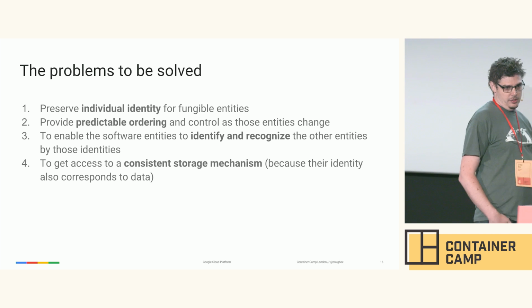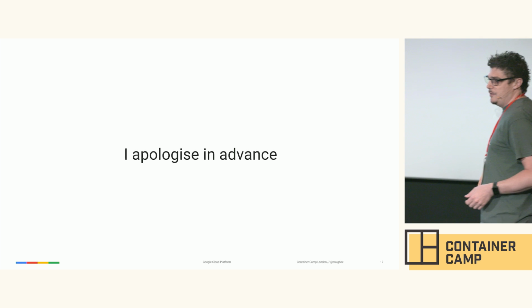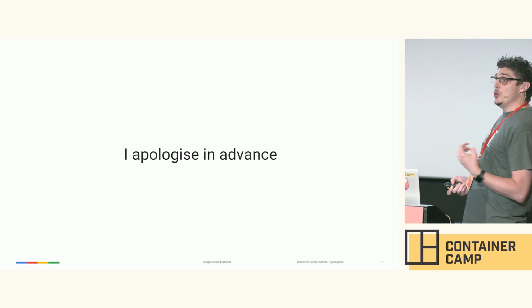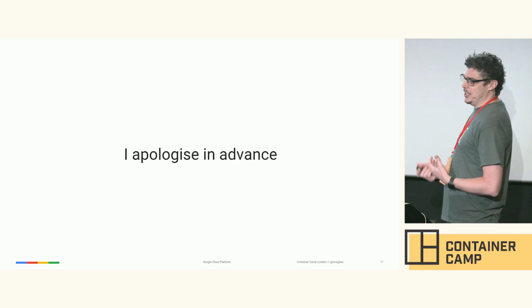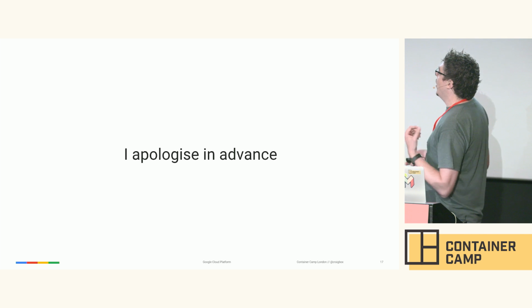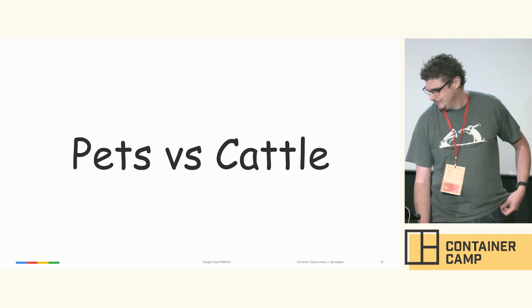Now, we have a little digression here. And I have to apologize in advance, because there's a very, very horrible metaphor that we use here. It's flawed in many ways. Unfortunately, it's kind of the best we've got. It encapsulates the idea. It's the best we've come up with as an industry, deeply flawed, only really worth being written in Comic Sans. It's pets versus cattle.